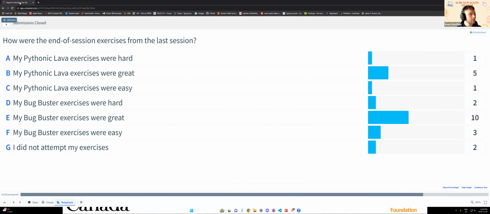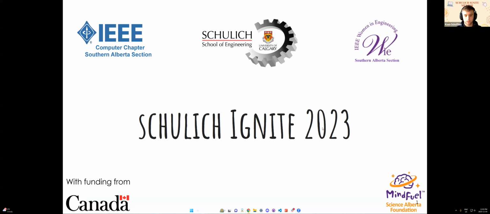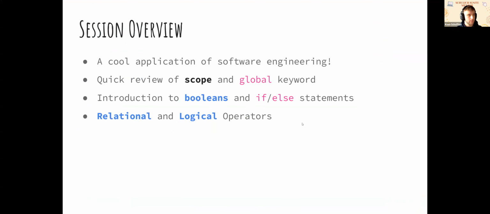All right, let's get started with today's session. The plan for today is we are going to look at one cool application of software engineering, and we're going to see more of those as we go through our sessions. We also want to show you what you might expect if you end up as someone who's coding, programming, or becomes a software engineer, what certain things you can expect as you get out into the real world.